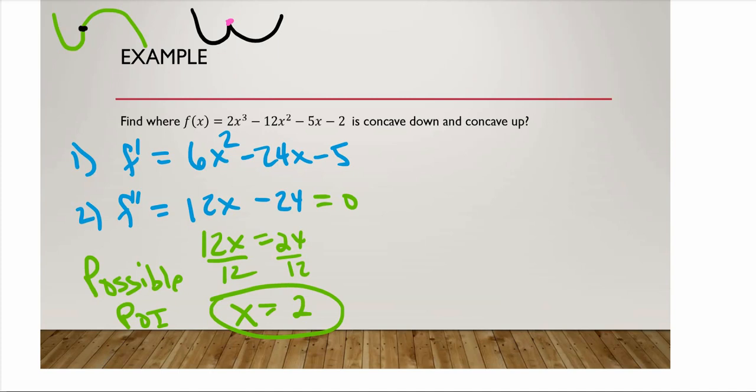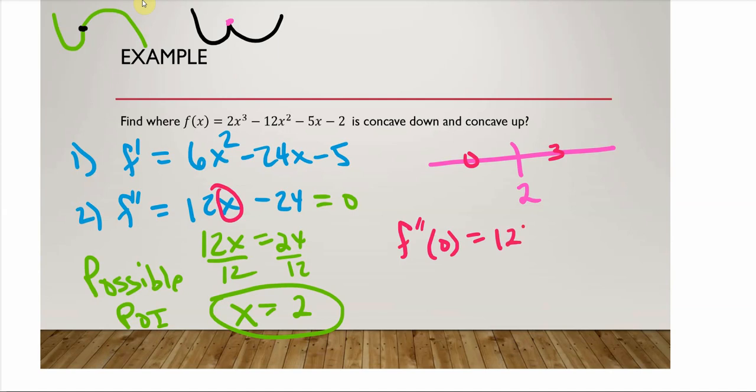Well, we're going to go back and we're going to put my possible point here on a number line. And what I'm going to do is exactly like the first derivative. I'm going to pick a number here, so I'm going to pick 0, and I'm going to pick a number here, and I'm going to pick the number 3. And I'm going to plug them into my second derivative. So I'm going to plug them in right here. So let's do f double prime of